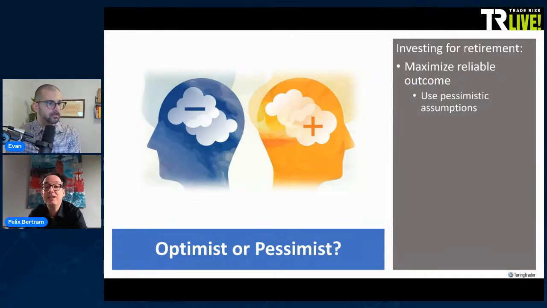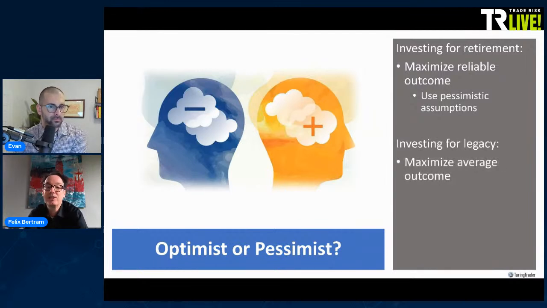And that is fundamentally different from investing for legacy, where you're really trying to maximize the average outcome. So the approach to investing is very, very different when you need to hit a specific goal or when you're just trying to maximize the average. And the portfolios that you're going to invest in will be very different. And most of the metrics that are shown for strategies or for assets are completely meaningless when you want to think about retirement. And then there's, of course, a third section.